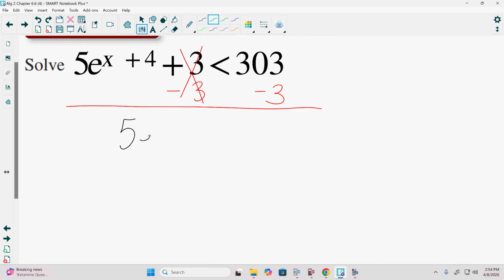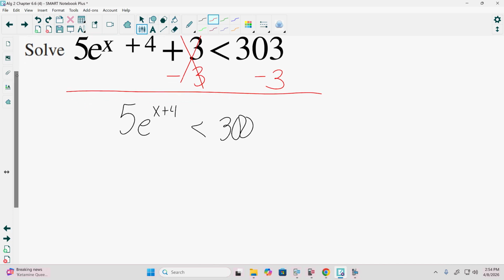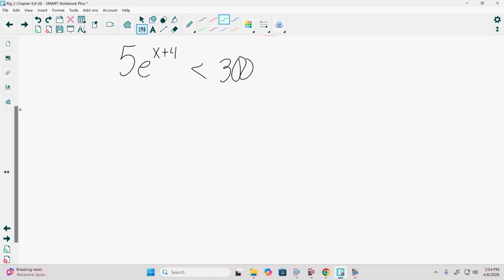Because on the left-hand side is going to be 5e to the x plus 4 is less than 300. Now, we don't have to look at restrictions for this here because the variable started in an exponent, not inside a log. What would we do next? Divide by 5. We're going to divide both sides by 5. Telling me e to the x plus 4 is less than